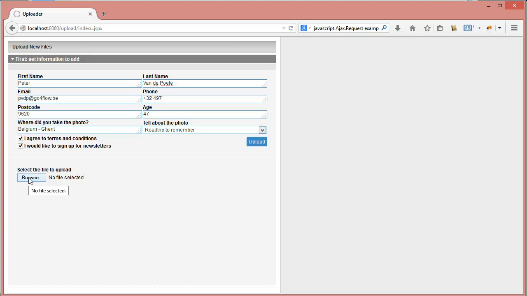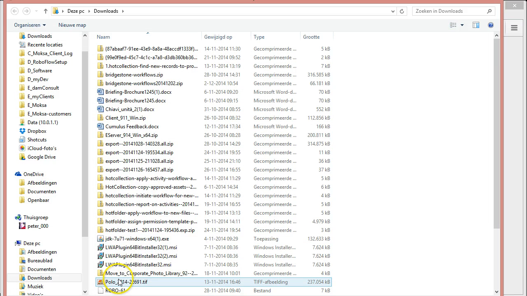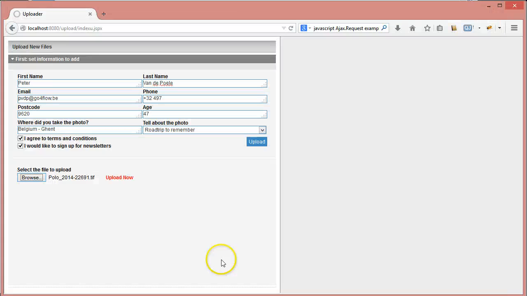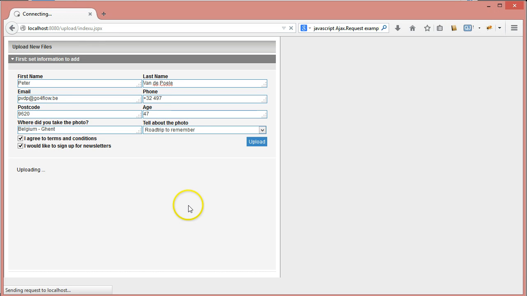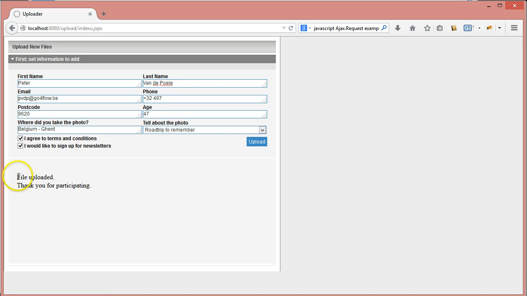download a selection of the file. I could have the drop zone here to drop multiple files, but in this example we're just uploading single files. I select the file and I click on upload. It is now uploading the file and will catalog it depending on the speed of your connection. Then it says file uploaded. Thank you for